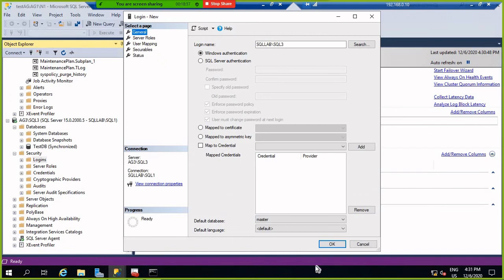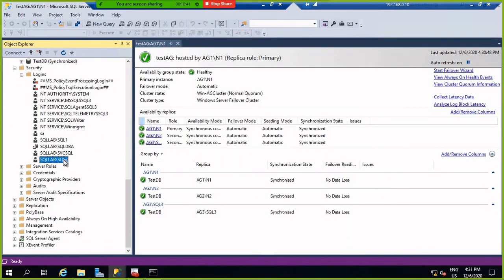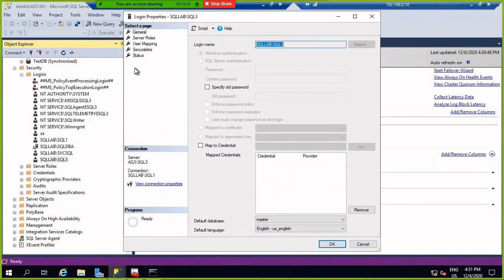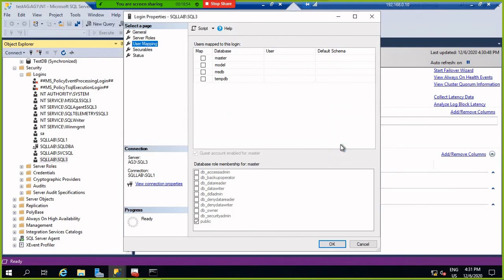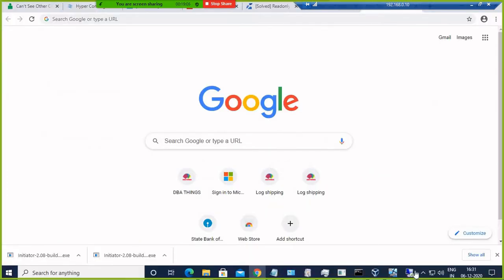Just create the login and see what happens here. Okay, because here the database is in read only intent state. So now just see, I am able to access that database.